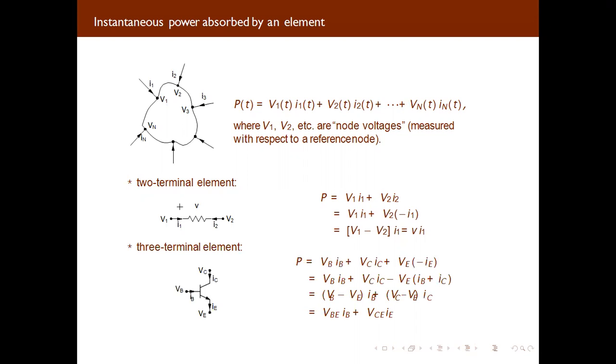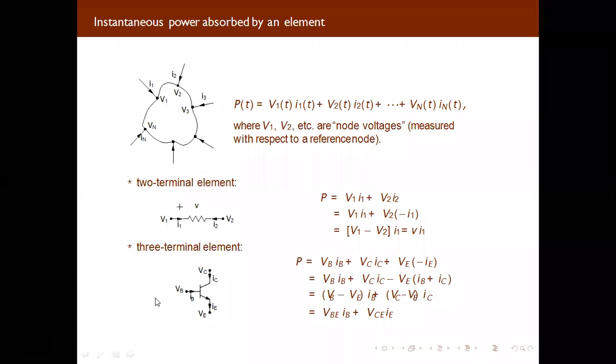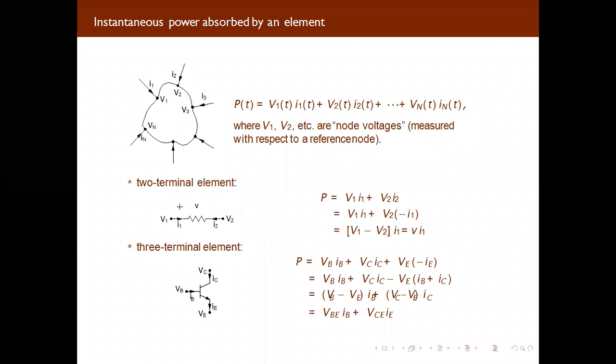Now, what we are doing here, I am writing the same diagram and the same equations here for two terminals. Now, if we have a device with three terminals, like the BJT, you can see here we are taking the BJT which has three terminals. We are taking the voltage at the collector as VC, the voltage at the base will be VB. We are taking the current flowing through the emitter as IE, and the voltage will be VE. So if you are calculating the power here,